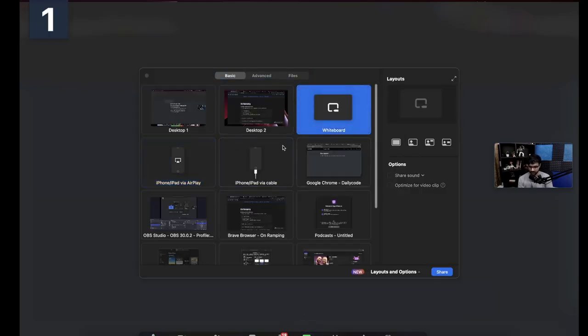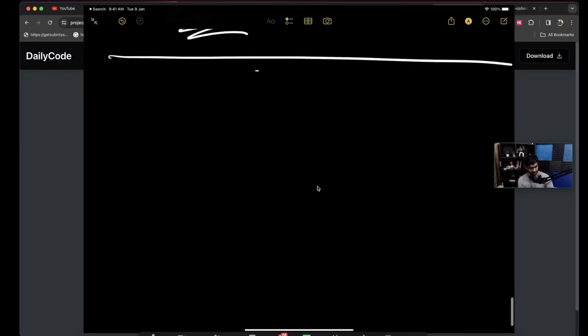One second, share screen. Cool. I hope you guys can see my iPad. I'll give a brief of what on-ramping is and why it is very hard to build. So the way,